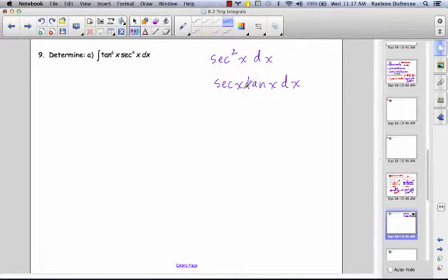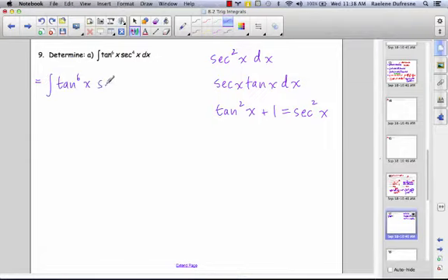In this case, having only even exponents, we would have to take advantage also of the Pythagorean identity, tangent squared x plus 1 equals secant squared x, which means that we cannot break apart one tangent x and one secant x, because then we would have odd exponents left, which would not allow us to take advantage of the Pythagorean identity. So what we're going to do is group a secant squared x dx together,